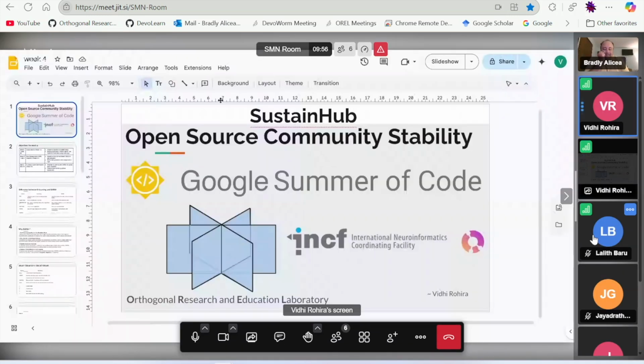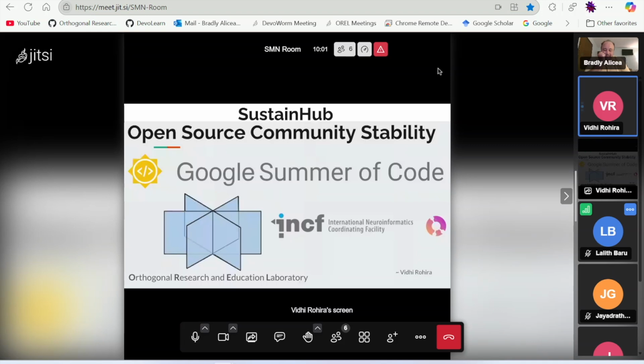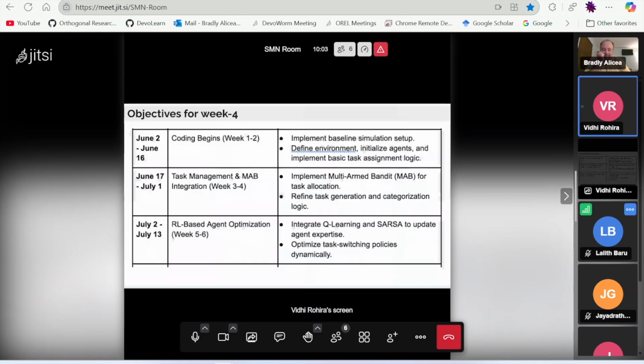So continuing with Sustain Hub. This was the timeline, and last week I spoke about how I've used multi-armed bandits, how the whole multi-armed bandits problem is similar to our problem, and how I've applied that in our Sustain Hub. That was supposed to be for week 3 and week 4, but since I'm trying to keep a buffer for myself and I'm ahead of the timeline, I started off with week 5 and week 4 itself,